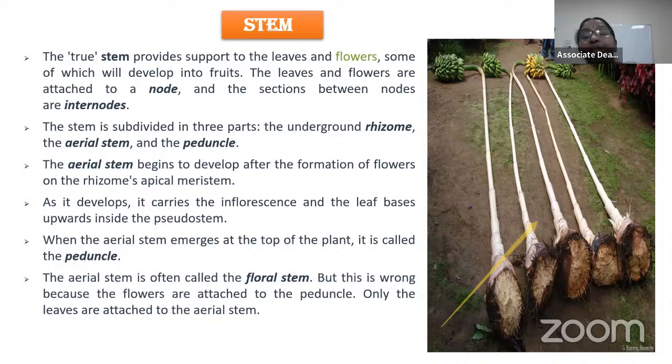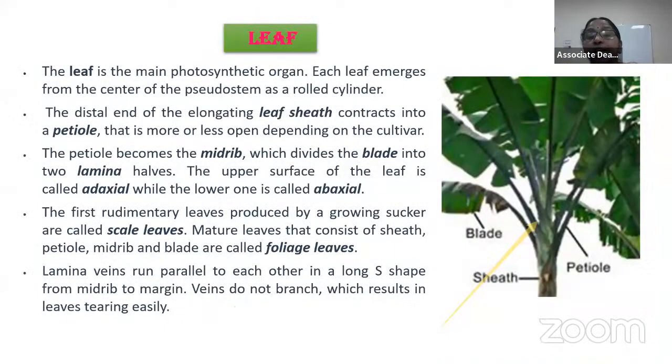And coming to this leaf part, as we all know, it is the main photosynthetic organ, and every leaf will emerge from the center of the pseudostem. It will emerge as a rolled cylinder. And here you can see the distal end of the elongated leaf sheath,